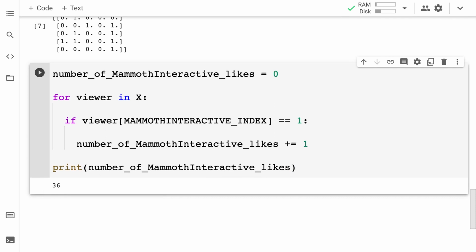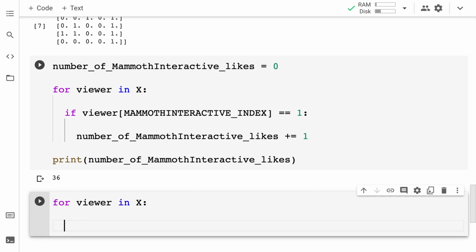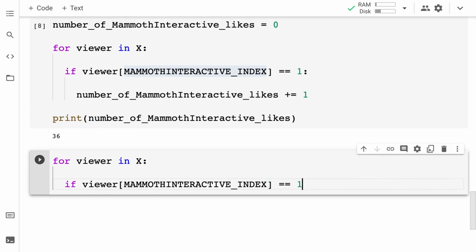Okay, now we need to check in how many cases of those 36 people did people also like the Video Game Reviewer channel. So I'm going to create another code cell here. I'm going to go through every viewer in X. I'm going to check if the viewer at the Mammoth Interactive index equals 1, that means that the viewer liked the Mammoth Interactive channel.